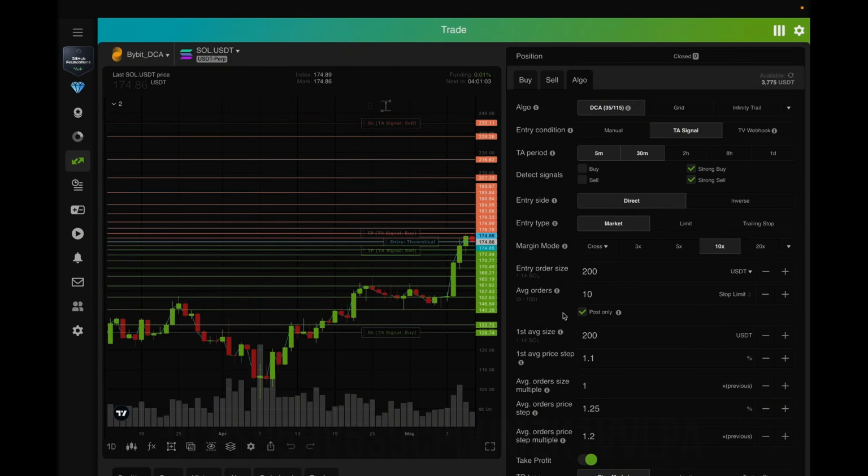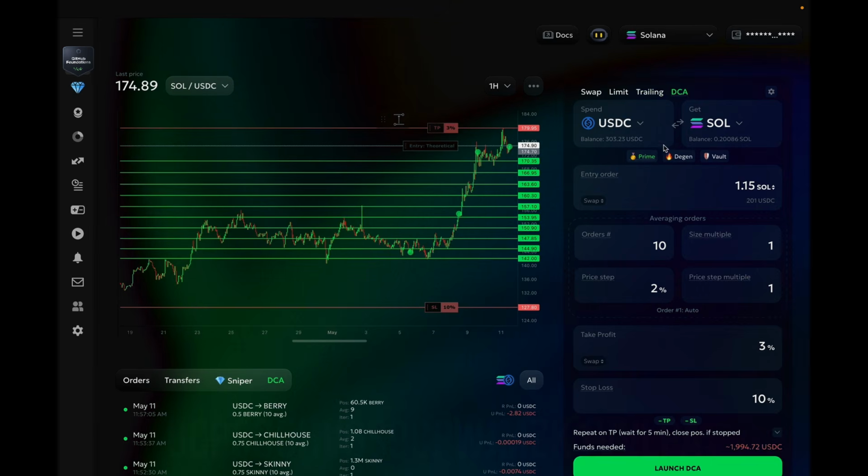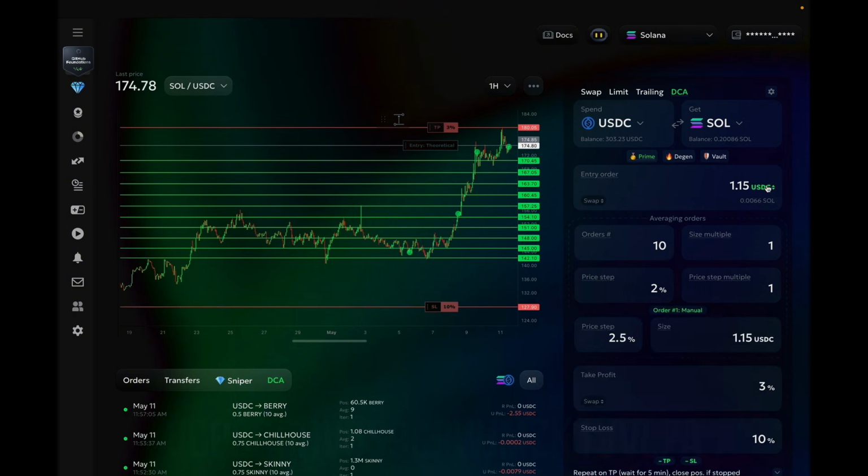Now, if we switch to our DEX DCA bot, you can see this feature works pretty much the same. Once again, we're looking at the SOL USDC pair on Solana, and right now I have 10 orders, each with a multiple of 1, all for 1.15 SOL. This means I will be using 2,000 USDC for this bot. However, since this amount will fluctuate with the price of Solana, I'll switch to USDC and set 200 as both the entry and the first averaging order size. This way, I'll have the same 2,000 USDC locked in the bot, regardless of what happens to the price of